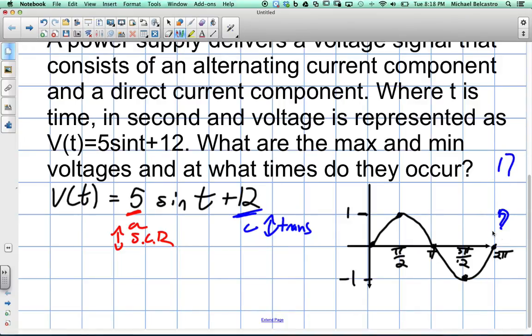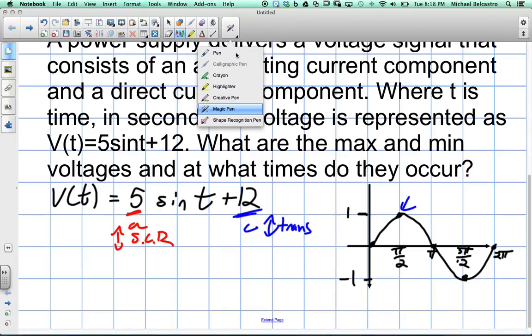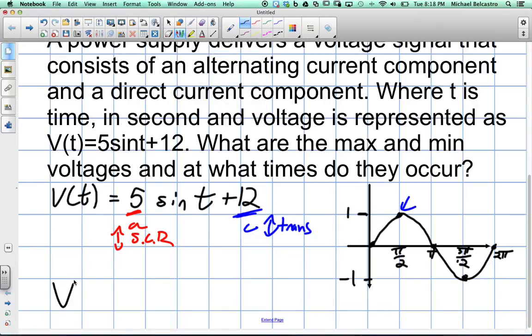But we want to kind of prove these without just relying on our transforming functions. So we kind of have an idea of where our answer should be. We also know that a max and a min should occur when a line tangent to the curve would have a slope of 0. And we know if we derive a function, we are essentially able to find the slopes of this curved line. If we set it equal to 0, then we'll be able to find out our exact max and min values. So if we go to derive this function, v prime of t, okay,